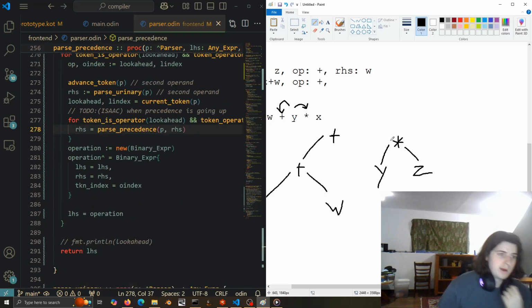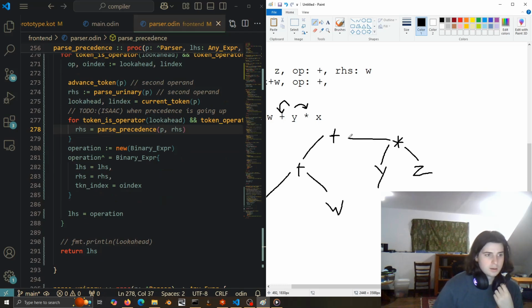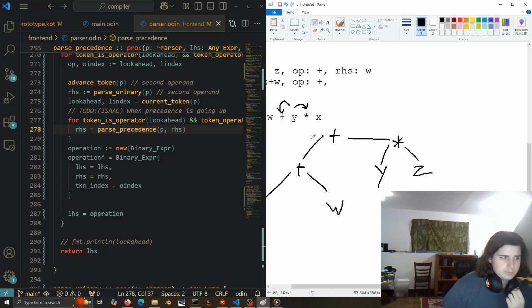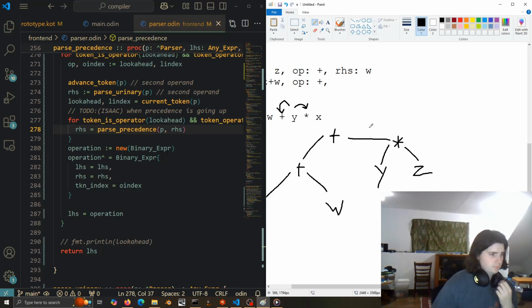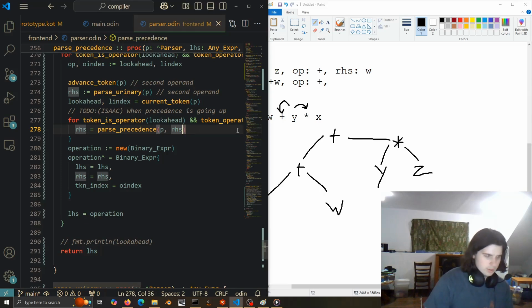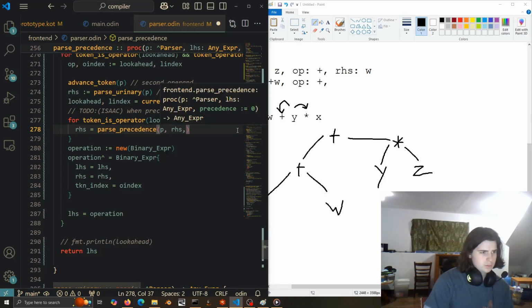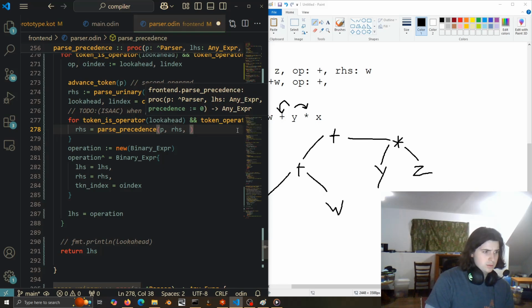Then we pop back up the call stack to here, and connect that to the right hand side of this operation. So I guess token